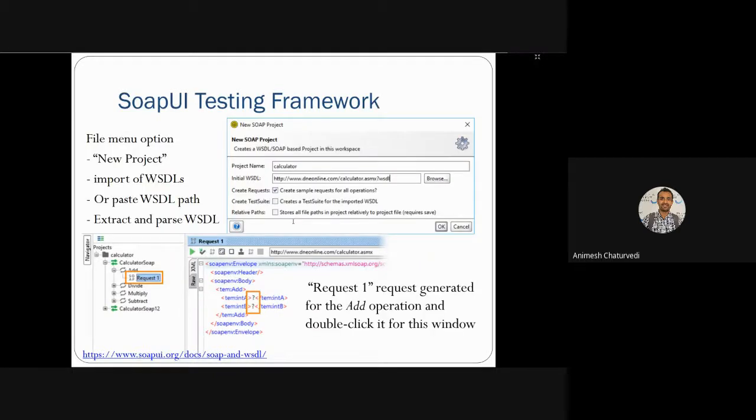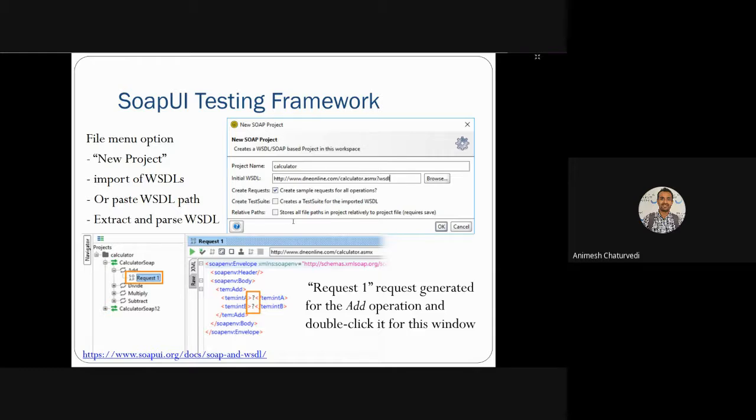Thereafter, the SOAP UI framework. This is an example of how you do SOAP UI based testing. So you go to the file menu in the topmost left side, and you create a new project and you import some WSDL in that. If you don't have a WSDL, then you copy and paste the path of a WSDL available on the internet.